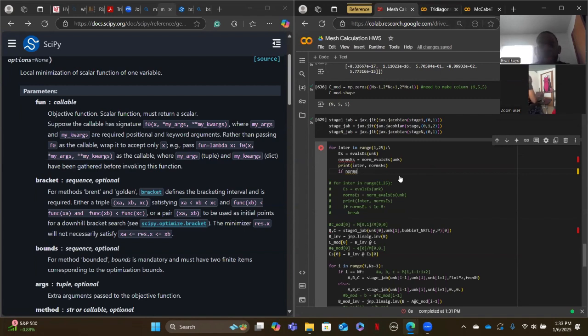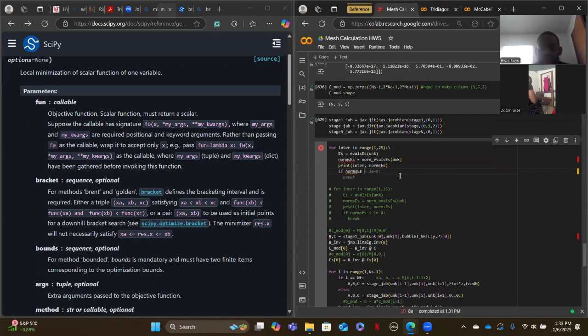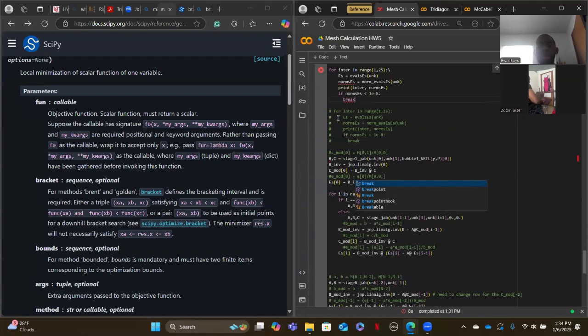For our normalized E's, once it gets to a certain point, we need to have the iterations break. So we did in class 1e-8. Okay, and then that's where it should break. And then from here,